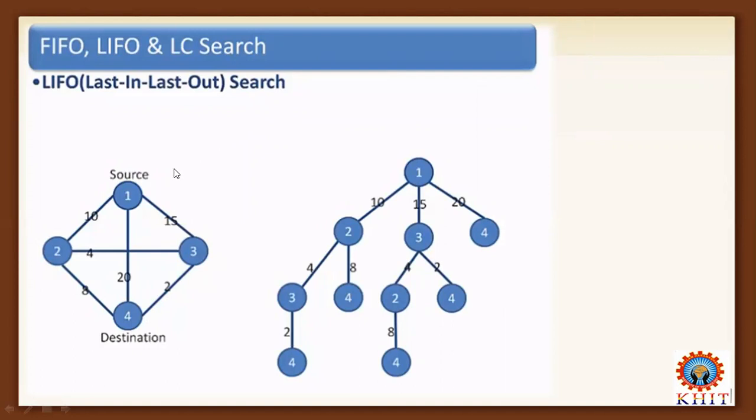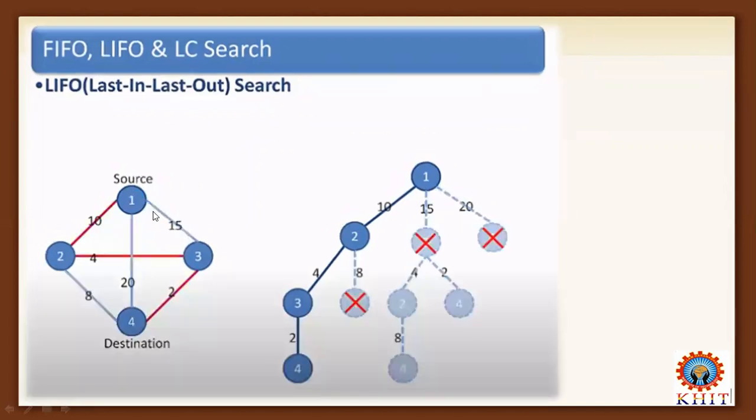Students, I already explained there is a source node and a destination node. You want to find the shortest path from the source node to the destination node with the minimum number of iterations. If any path does not satisfy the minimum cost, you simply discard those nodes and finally you get the solution. Here the solution is 1 to 2, 2 to 3 and 3 to 4. Total cost is 10 plus 4 plus 2, so 16 is the minimum cost. In this way we can generate a state space tree.